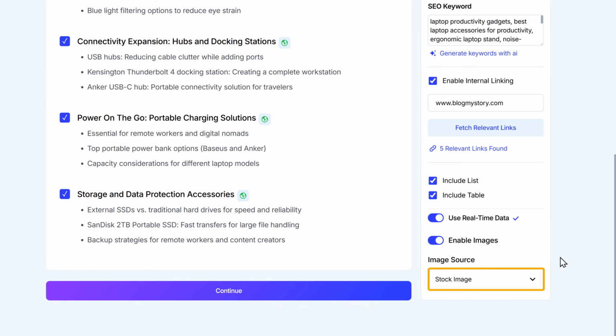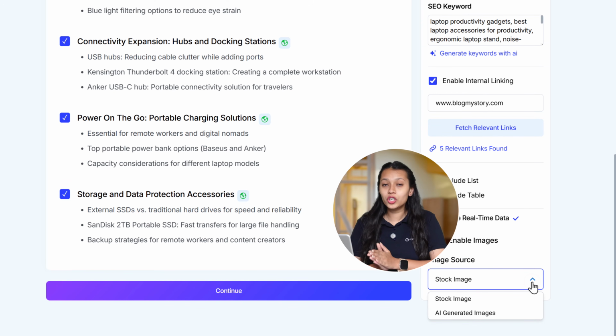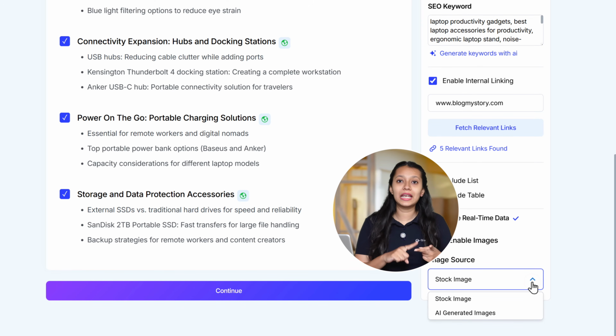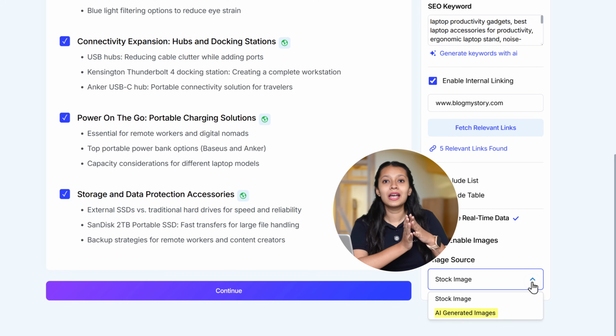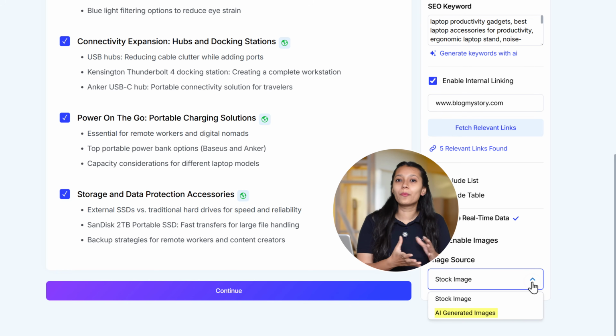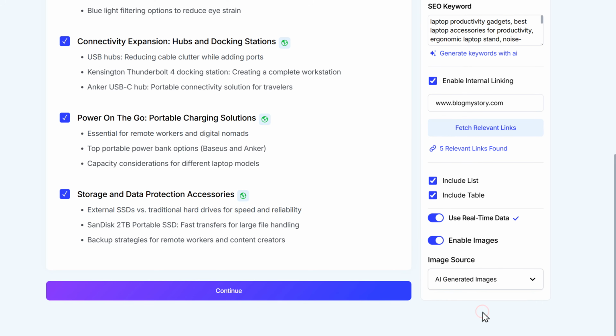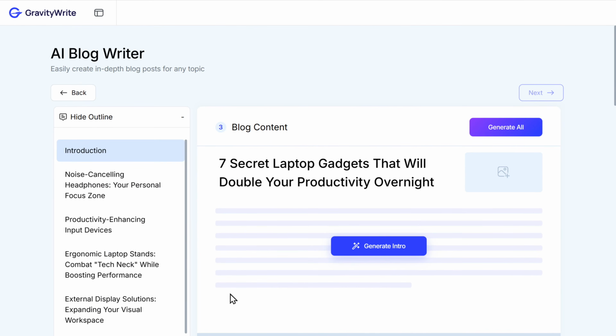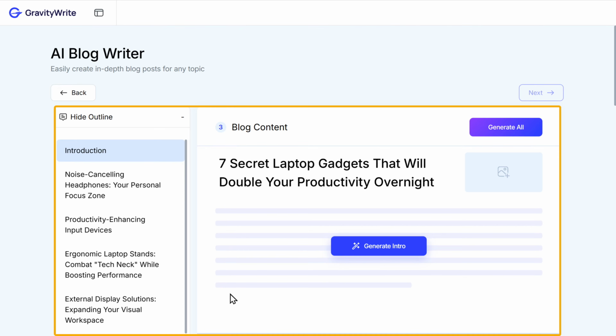The last option you have here is to choose your image source. Whether you want your images to be stock images or AI generated images. We recommend you to go with AI generated images as these are unique to your blog and reduces the risk of copyright issues. Once all is done, click on Continue and you will be taken to the next step, which is the actual